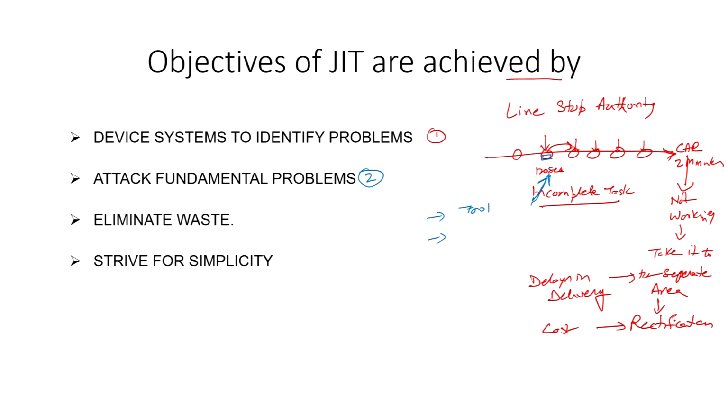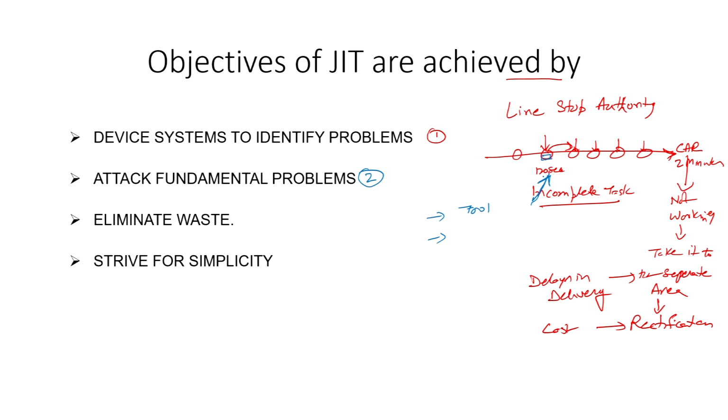Like here, if there is a problem, this person is not able to complete his task in 120 seconds, find out the root cause of the problem. Root cause can be with respect to tooling, and within tooling also find out what is the problem. There may be a problem with the compressed air which is coming to run the tool, the power gun. There may be a problem with the sharpening of the tool, there may be a problem with some other place, or it can be the training of the worker. So, find out the root cause why this person is not able to complete his task in 120 seconds.